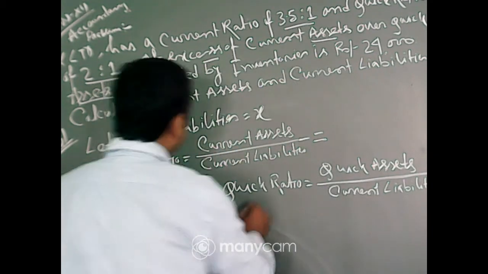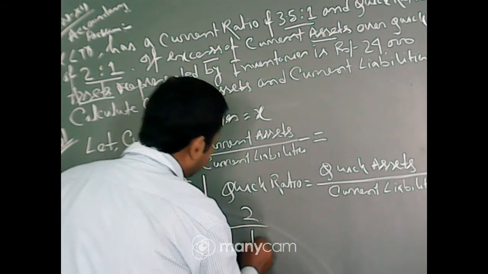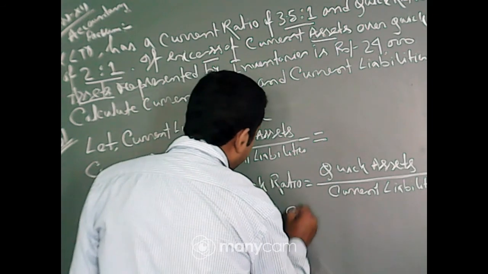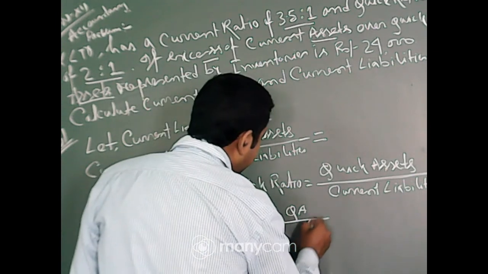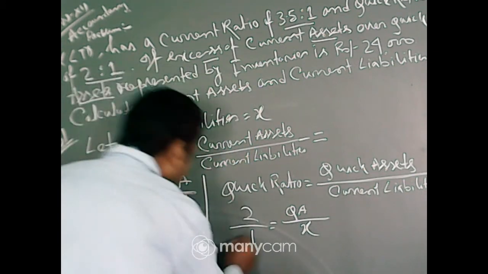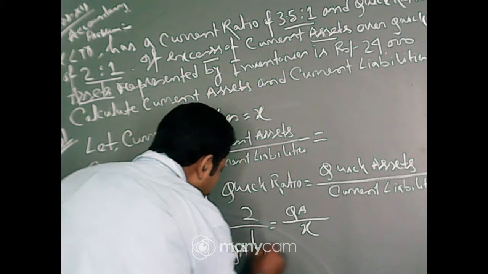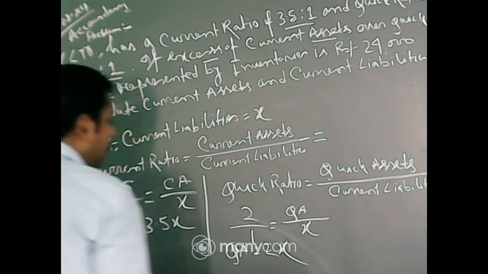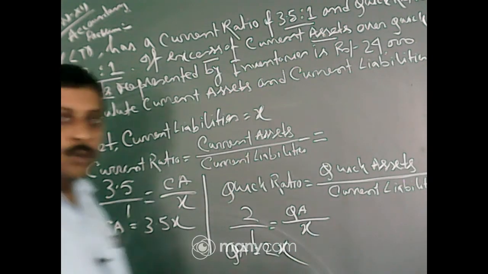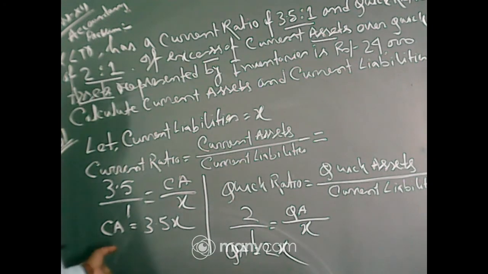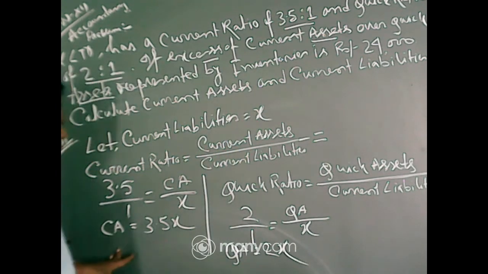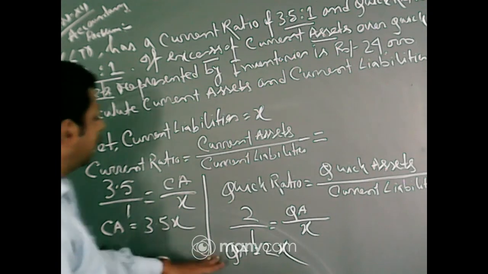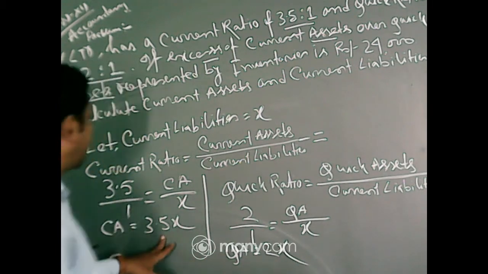Now the quick ratio is already given as 2:1, which means quick assets over current liabilities equals 2/1. Current liabilities you already assume to be x. So here quick assets equal 2x. Up to that I hope you understand. Have you understood? Okay. Now these two things, current assets and quick assets, we have found are 3.5x and